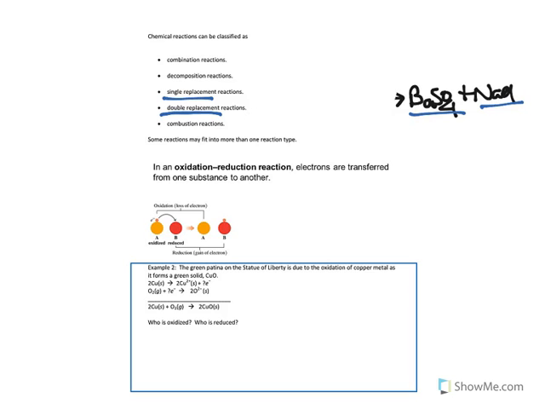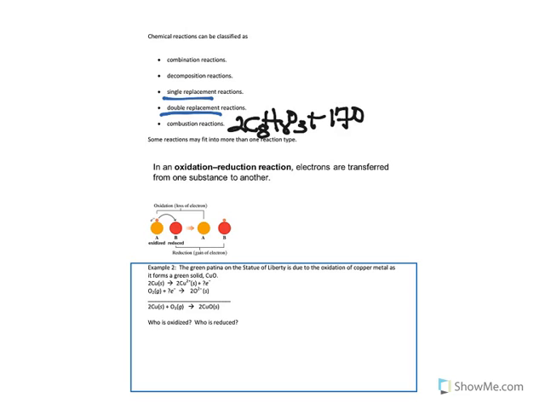Combustion reactions, you can't really tell what they are just from the name. A combustion reaction is what happens when you have an organic compound, which is a compound containing carbon, hydrogen, and possibly oxygen or nitrogen, that is burning up in pure oxygen to form two products, carbon dioxide and water. So an example of this balanced is 2C8H8O3. This is your organic compound. It is burned in pure oxygen and it forms